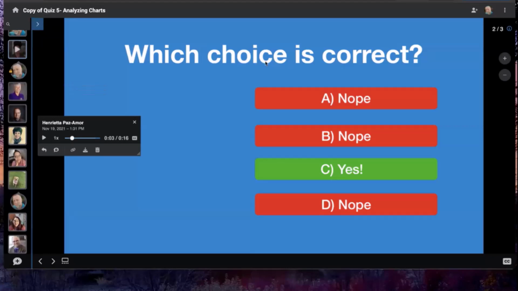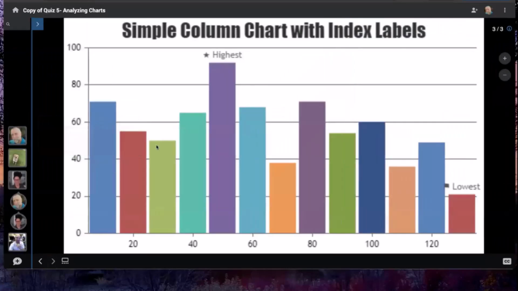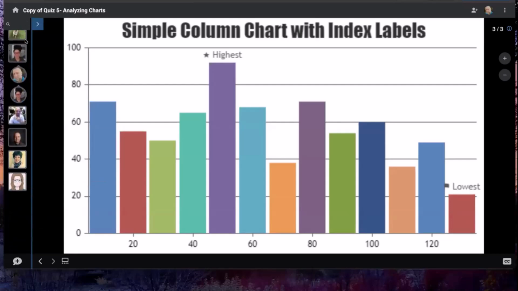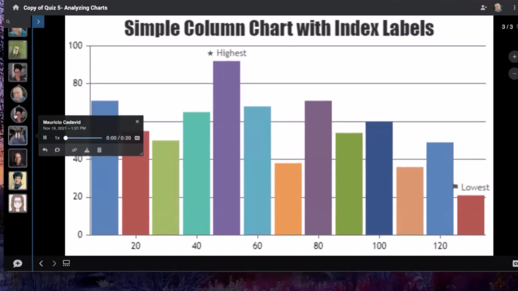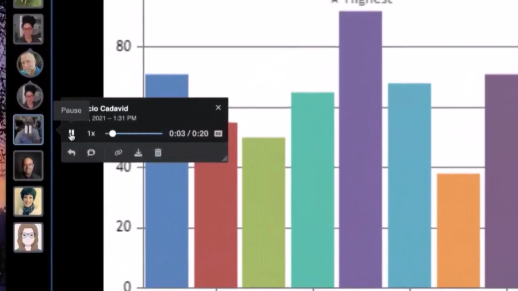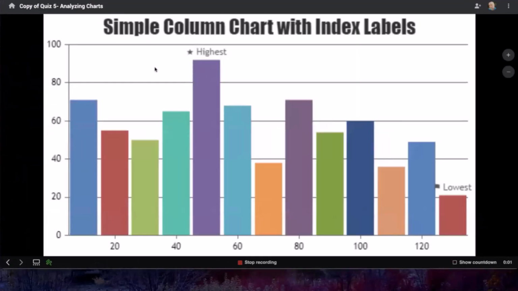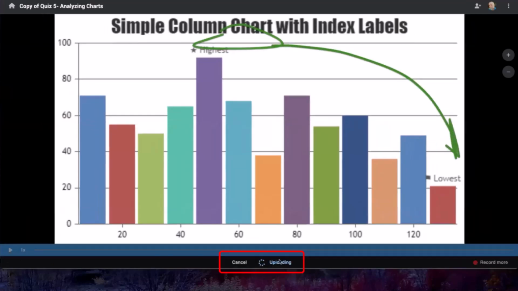So let's say this is a discussion that we're having here. Maybe we're discussing this chart or graph. And let's say I want to respond to Mauricio here. If I just record a comment normally, it's going to put it at the bottom of the conversation channel. I might start off by saying, hey, Mauricio, great job on this, but it's kind of out of context and a little awkward. But if I want to reply directly to him, I see the arrow icon. I can click and say, hey, good job on this. Don't forget that the highest and the lowest, blah, blah, blah, whatever I'm going to say. I can stop and save it.